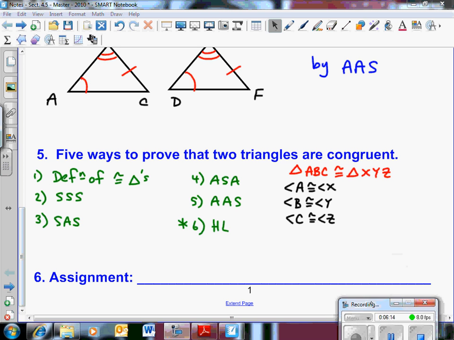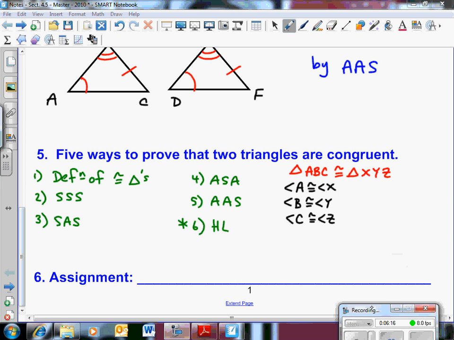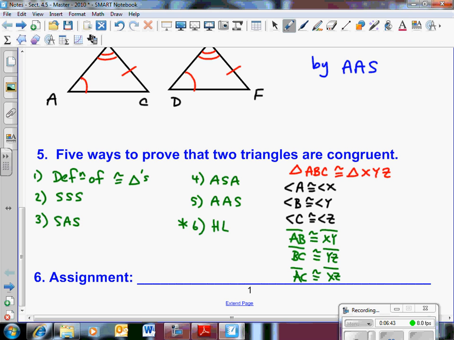The reason that, what segment? Segment AB is congruent to segment XY, and BC congruent to YZ, and one more, AC to XZ. The reason that all of these 6 things are true,